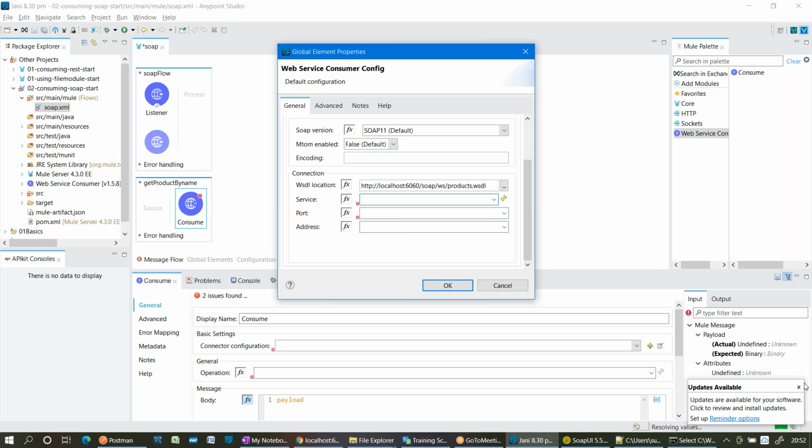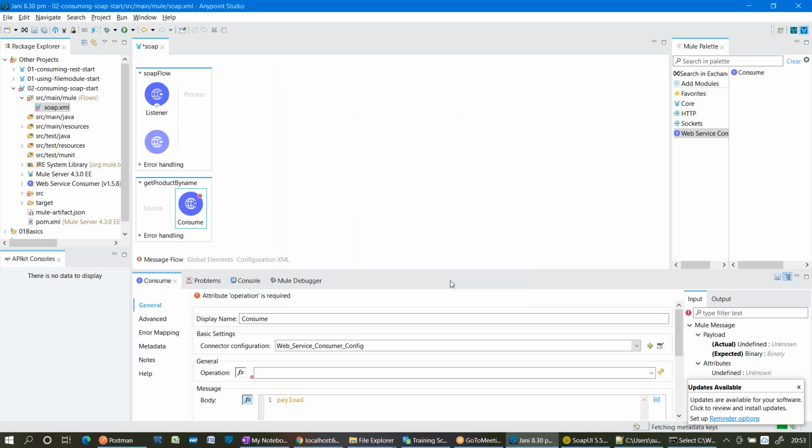Mine is 16 GB of RAM. Based on the RAM size and your internet connection, the fetch will vary. My internet connection is good and my RAM size is also good, that's why it is fetching immediately. Maybe in your case, if you are using 8 GB of RAM, or if your internet speed is low, it may not be able to fetch. At that point of time, there is an option called force refresh. You can click on refresh, it will be fetched again. Still, if it is not fetched, you can write it manually also.